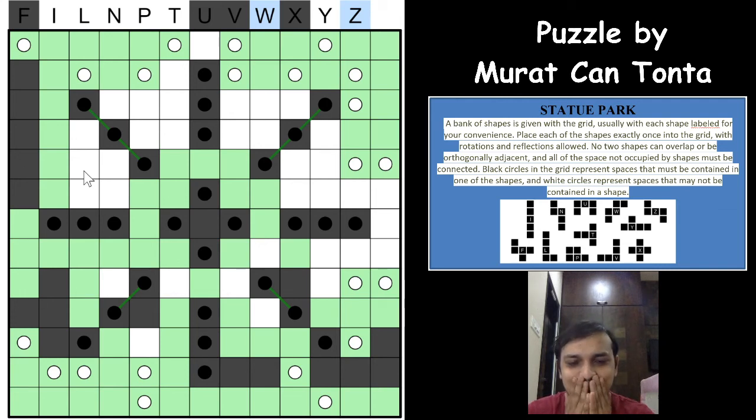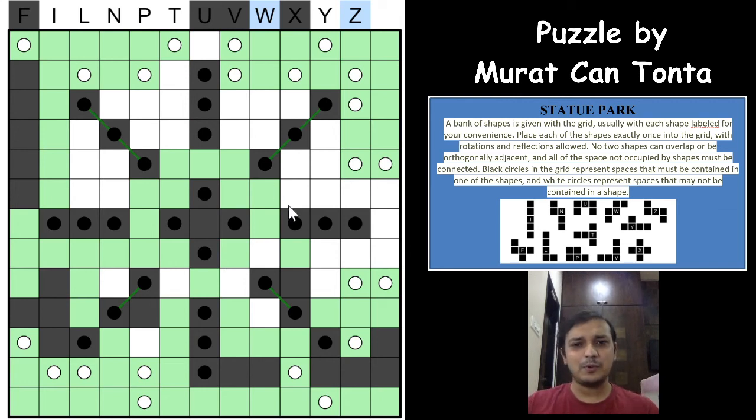Excellent logic again, guys. I'm loving this puzzle. What an excellent puzzle this is. So which black cell will take the N pentomino now? There is exactly one bunch of black cells which will take the N pentomino. The N pentomino cannot be taken by these two bunches, nor by this cell, because we know that these two are either Z or W, and this is also not possible. We need 5 cells for the N pentomino in the direction, which is not possible.